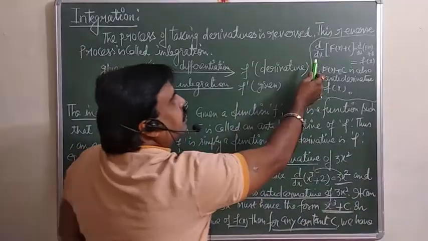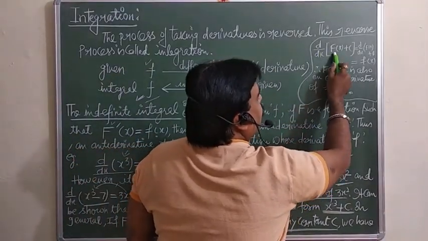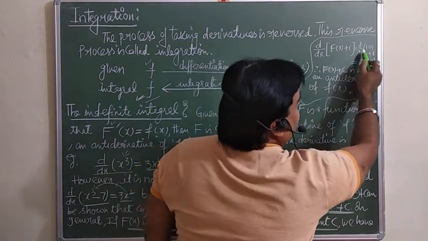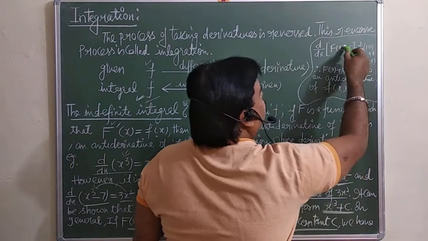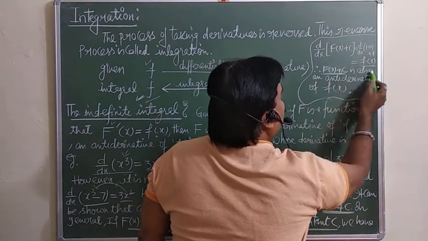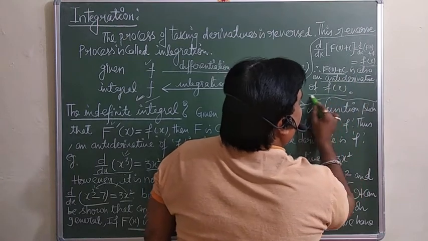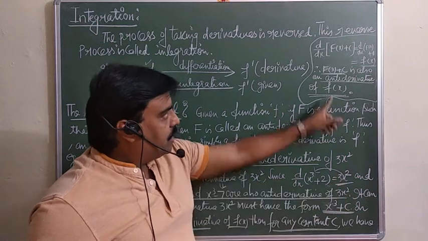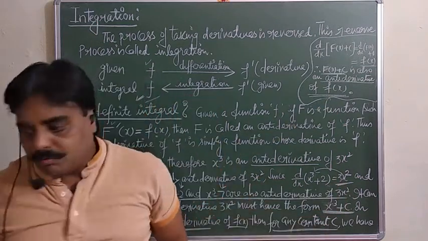So in general we write d over dx of capital F(x) plus c. If we take the derivative of this one, you will get the derivative of F(x) plus the derivative of c. The constant's derivative will be 0, so that is f(x) only. Then you can say F(x) plus c is also an antiderivative of f(x). Here we are talking about this constant, the integration of constant. Have a look.